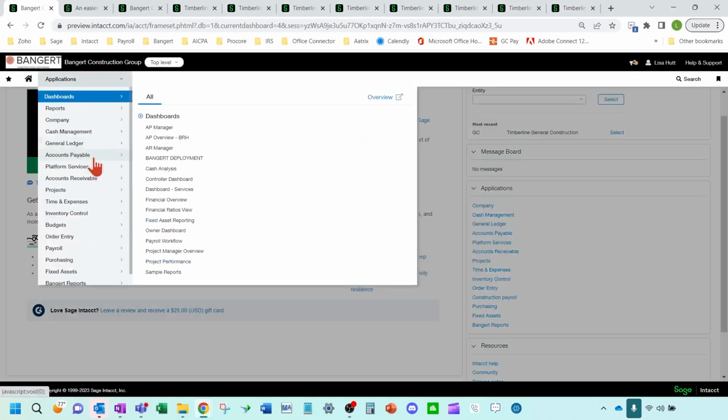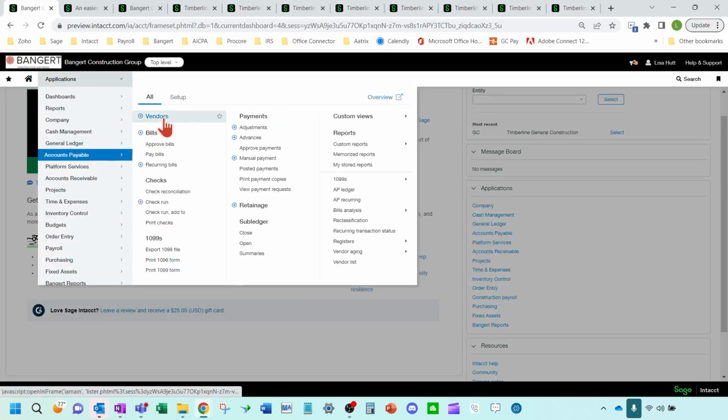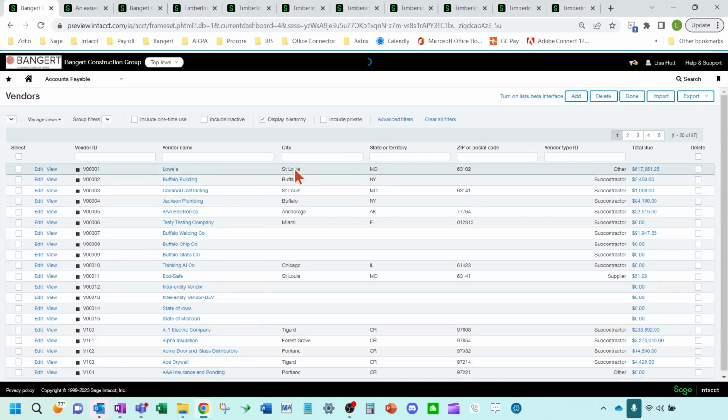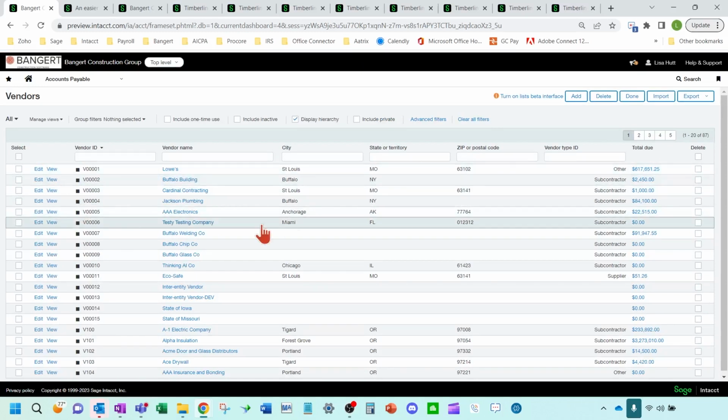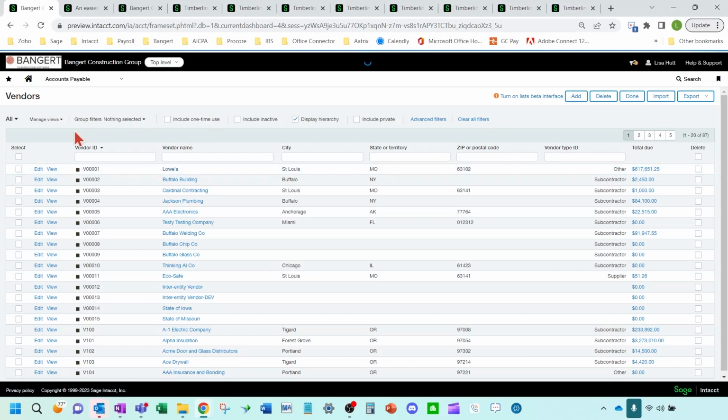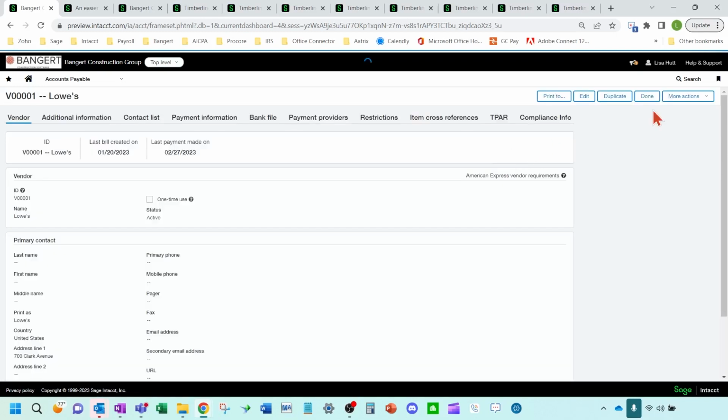Navigate here to accounts payable. I'm going to go to the vendors list. And you're going to see here the list that you're used to seeing, okay? What it is doing currently in the version of Intacct, the Release 1 version, if you click on the vendor name here, it would pull up a subledger report that lists out the bills that have been generated against that vendor.